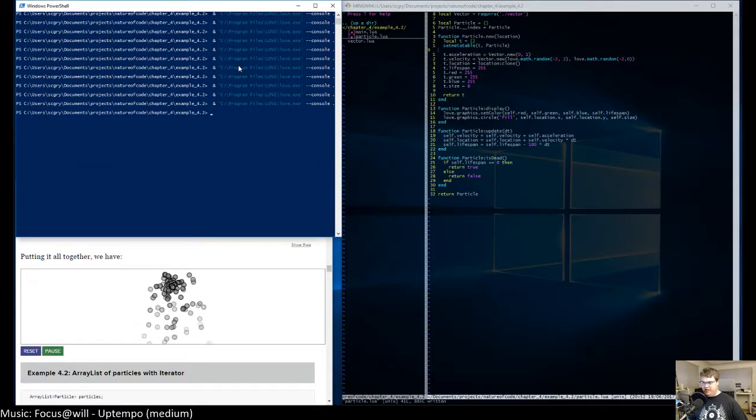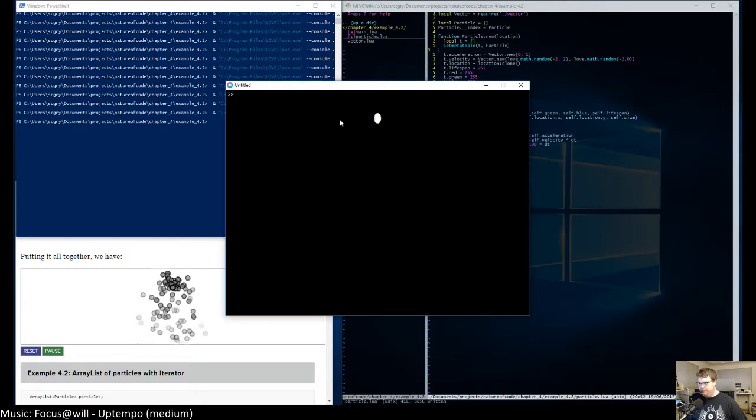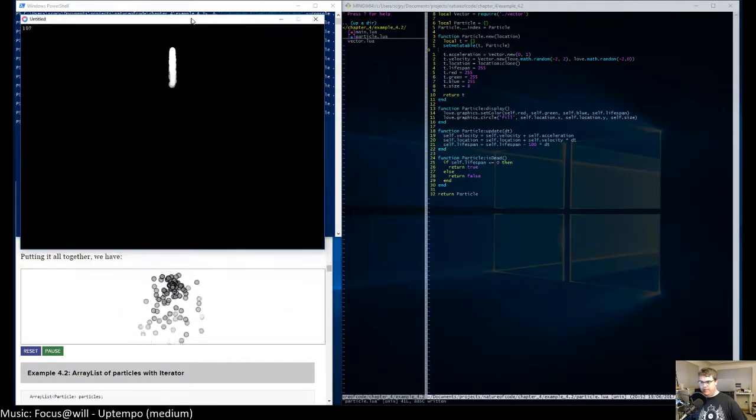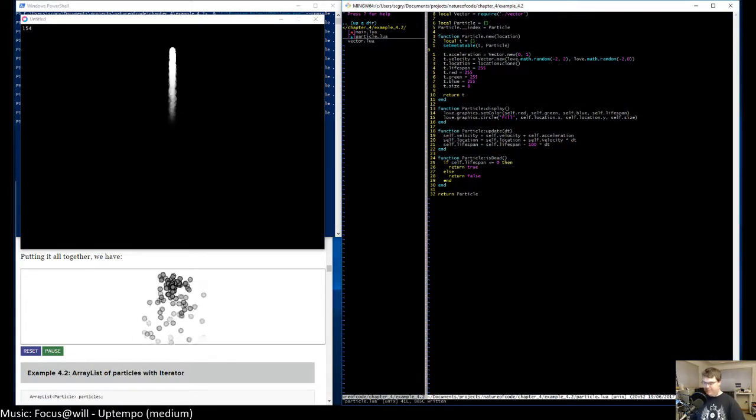Let's try that change and see what happens. Okay, opposite problem. I created a waterfall. So I need to make these bigger. But I like where this is going. It looks like I might be on the right track here. So if I make this 5, I don't even think these are going up at all.